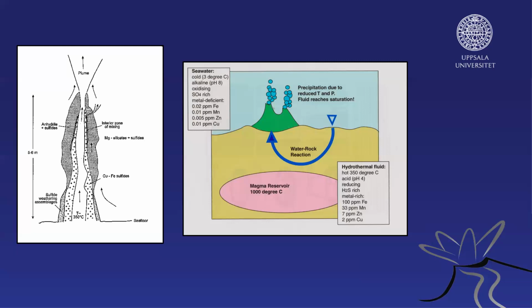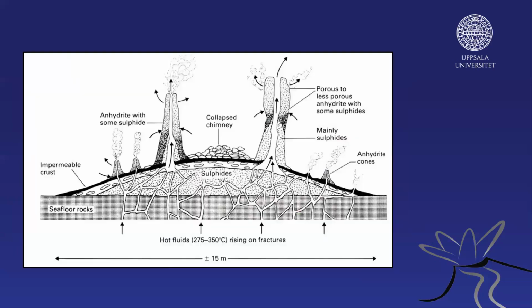And here you have the plume of hot fluid coming out. In fact, the black smokers, the chimneys, have a life. They evolve through time. They start as small anhydrite cones, and then they evolve. They grow, formed by anhydrite and some sulfide. The sulfide are very localized at the bottom. And when they get quite mature, you have a lot of sulfides at the base, and then anhydrite is localized